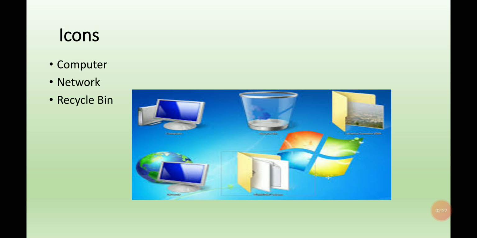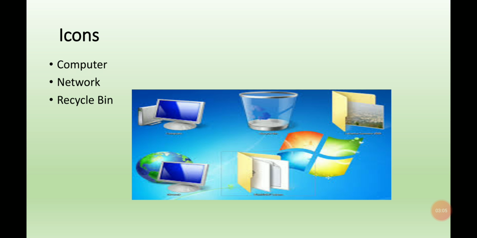There are three icons. First, we have the computer, as you can see in the picture. This computer icon displays information about hardware, network status, operating system, and your hard disk. Second, we have the network, which displays network services that we can access. Some of the services might require authentication. Third, we have the recycle bin, which contains files and folders that have been deleted. It works like a dustbin used for throwing unwanted papers.